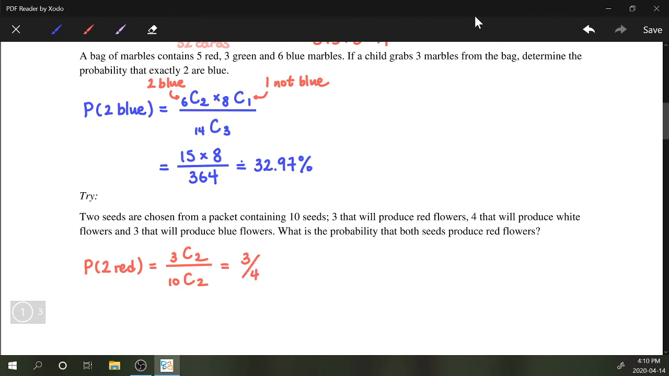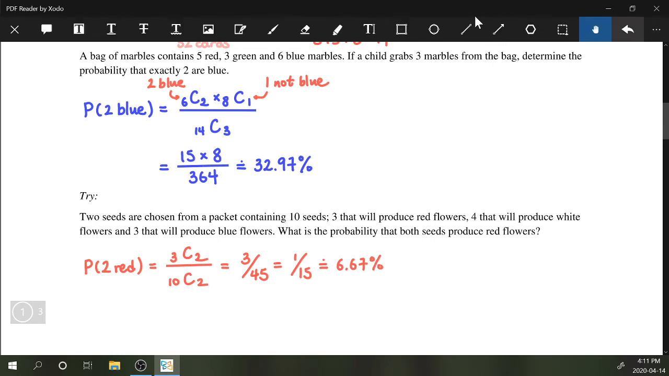So you can simplify it to 1 out of 15 as a simplified fraction, or you can convert this into a decimal or percent, and it works out to be 6.67% approximately. Okay,